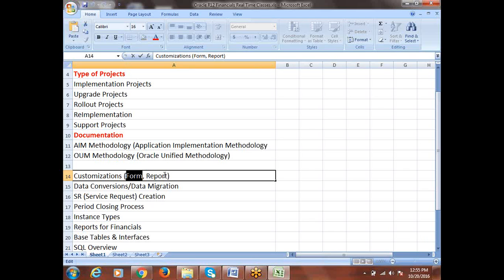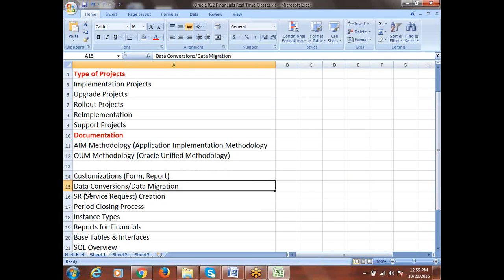We'll do it also. We'll write a function spec by taking some requirement which is not available in our Oracle application. Tomorrow, when you are working on any project, if there is a requirement to write one, you can simply write it. So that's how we'll be doing it. We'll be learning those points also, and we'll be preparing those documents.